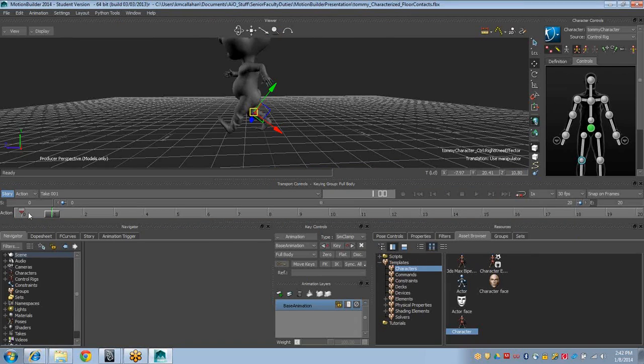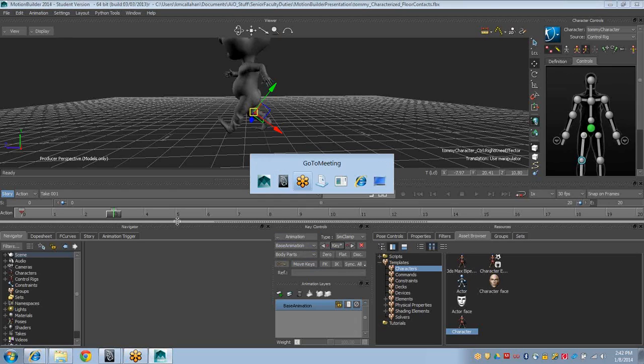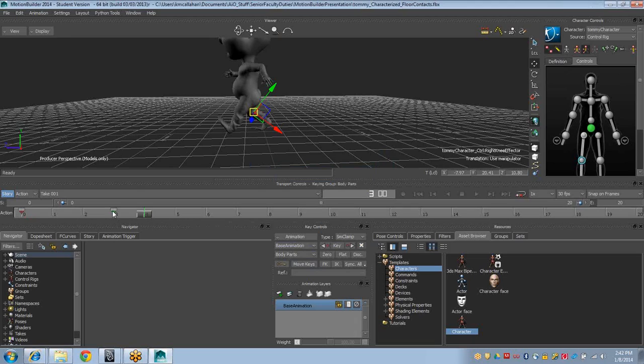The nice thing is it's color coded. So full body will be red, and if I were to go to another keyframe here, frame 3 for instance, and set it to be just body parts, and set a key, we can see that this one is green. The nice thing is that they're color coded, so it makes it really easy to look at your timeline here and see what kind of keyframes you've set. So I'm just going to delete that one I just created,